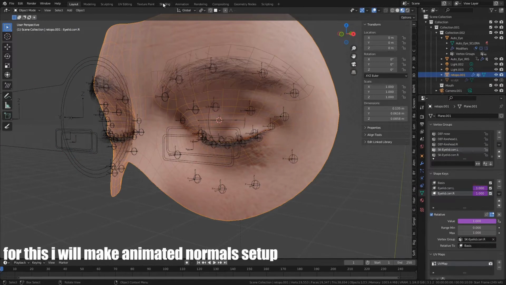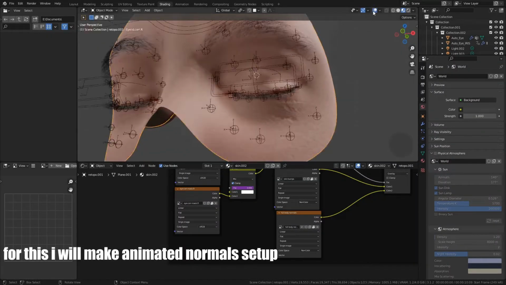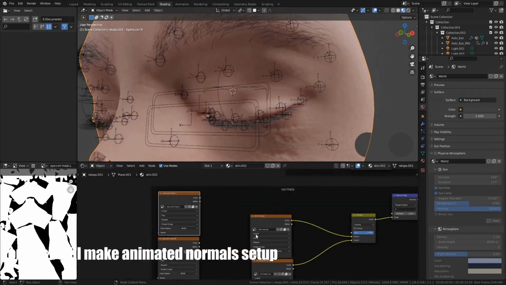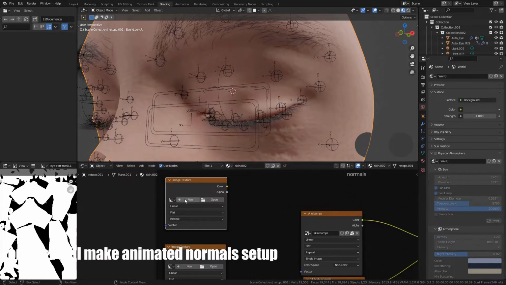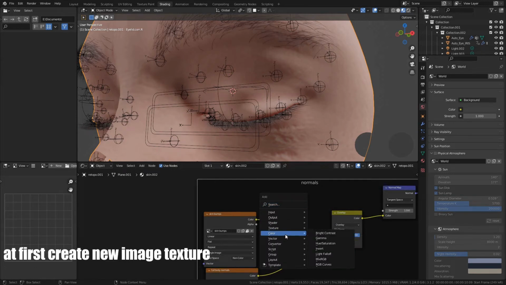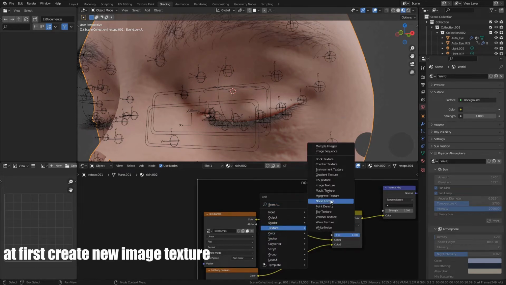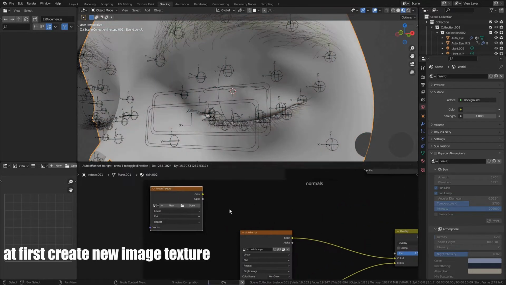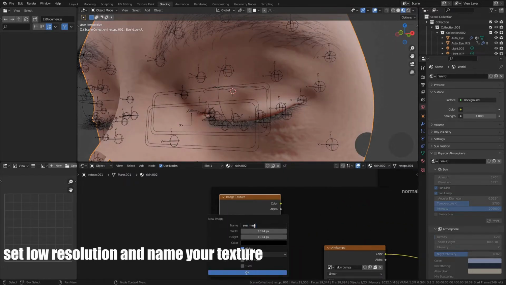For this, I will make animated normals setup. At first, create new image texture. Set low resolution and name your texture.